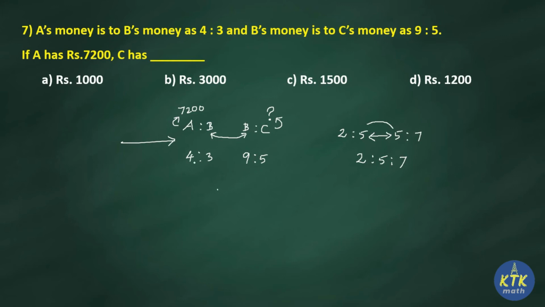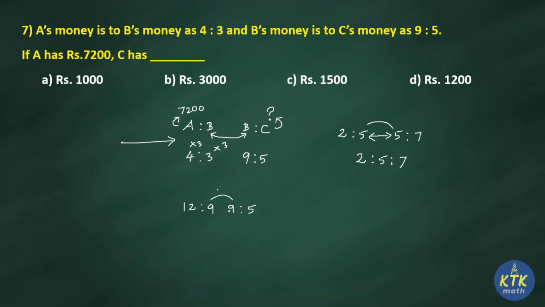So what I am going to do, I am going to multiply this first ratio with 3. Why? If I am multiplying this ratio with 3 means this would become 9. Obviously these two terms will be equal. So that's the purpose. But when you are multiplying this with 3, both antecedent and consequent should be multiplied with 3. So first ratio A:B can be written as 4 3s are 12:3 3s are 9. Here already 9:5 is given. I hope you understand why I am converting this. When we have these two numbers equal only, we can combine the ratios.